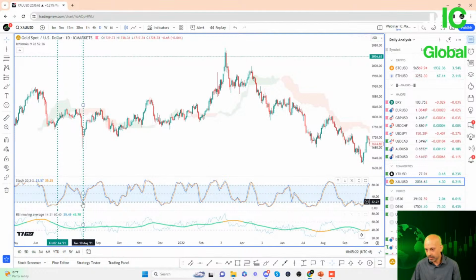So over here, although stochastic did not go under 20, we do see the RSI dropping quite low here, going as low as 22. And then as it starts to turn up together with the oscillator again, and we also see this long wick here, all these point to a typical bullish reversal.